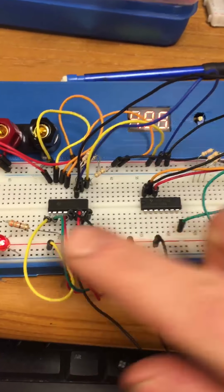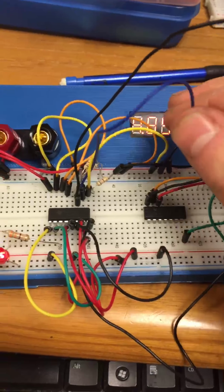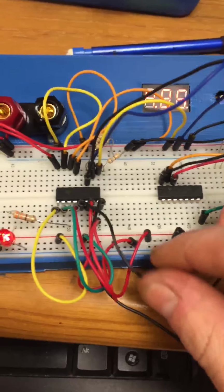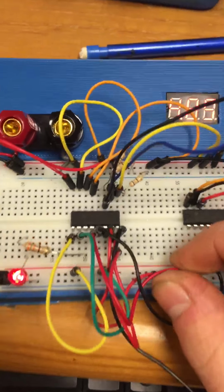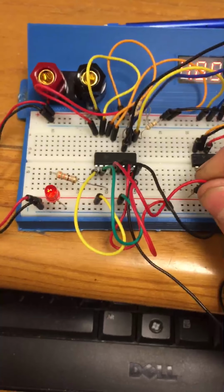So I'm running out of time. All 3 of the input wires or selection wires are going to 5 volts, which means I'm on pin number 7 or input 7, which if you can see there, input 7, and I unplug and light